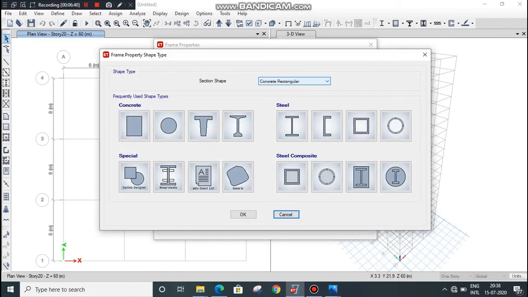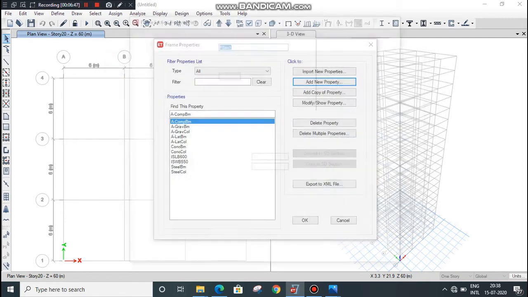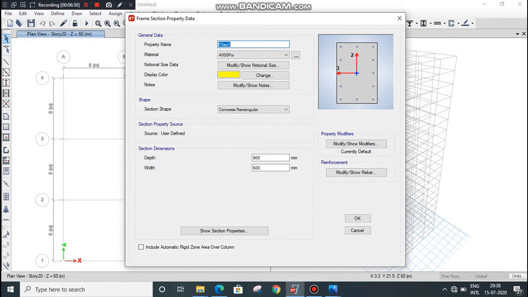We are defining the beams and columns. So go to the concrete rectangular frame section and give a proper name for the column, 600 by 600. Material M40 grade, depth 600, width also 600.